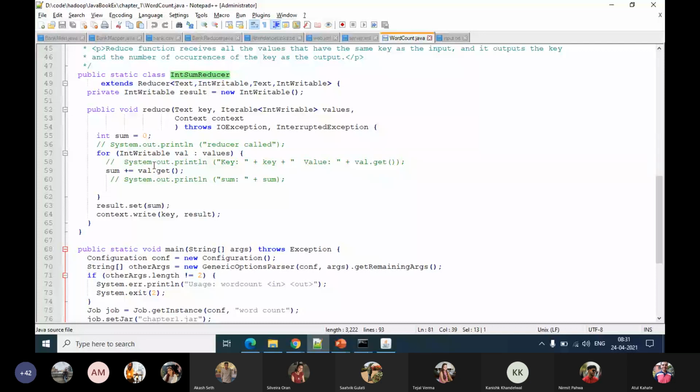If we do so, in the logs, we see that when the reduce code runs with whatever key value pairs it has received from the mapper class, and whatever it's going to write as the output, it already receives values which are grouped and which are sorted, which is why the job here is very easy, which is just to look at the values and either sum them, average them, find the max, whatever you want to do.